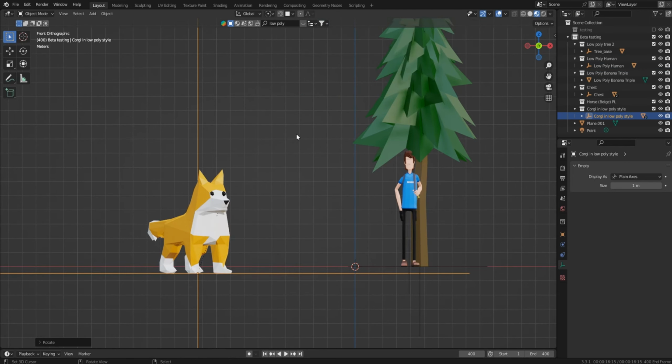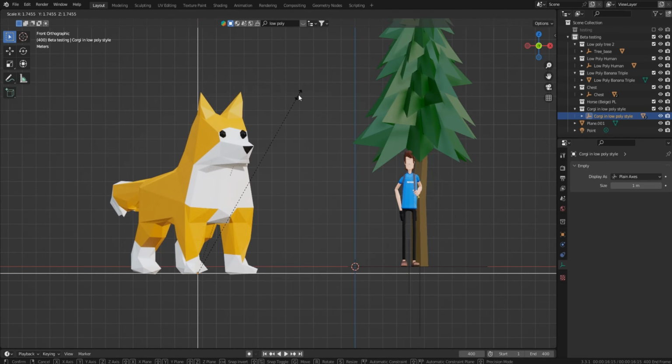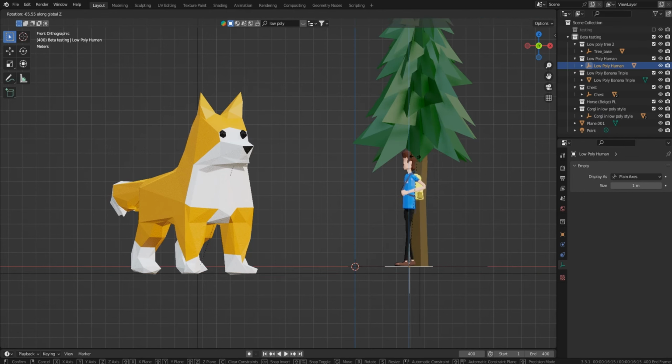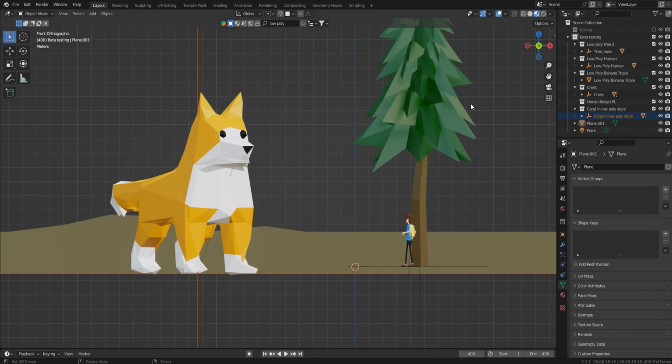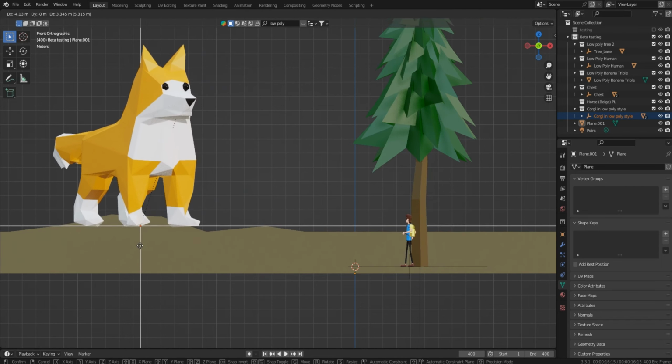Alright, so I've added this ferocious low poly corgi, and I think he looks pretty big, but we don't know where he's at and why he is that big, how close he is to our guy. And so I'm just going to turn our guy around a little bit so he can face off with said corgi, and I will scale him down a touch. I kind of played around with the background a little bit so you can see better what I'm talking about, and I will move Killer Corgi up here,